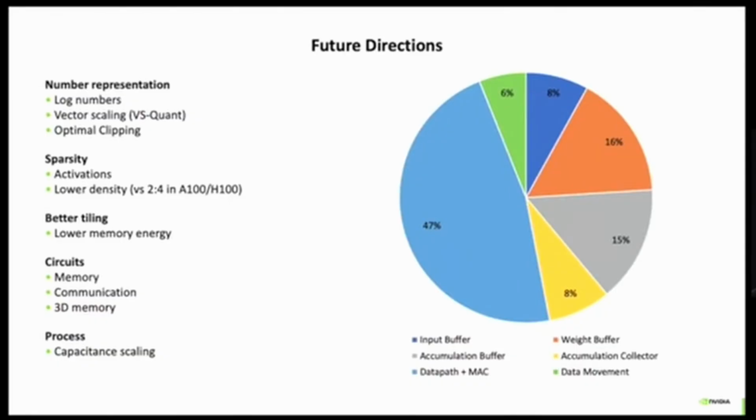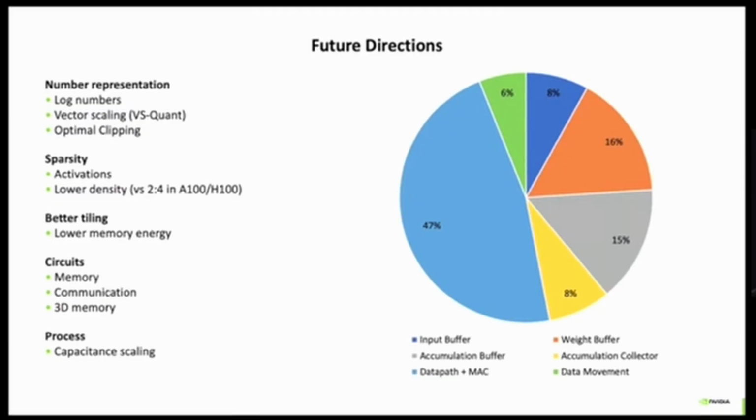So let me, in whatever time I have remaining, which I think is more like 10 minutes, talk a little bit about future direction. So one thing we do to try to focus our efforts on where to put effort is to look at the best we can do today and ask, where is the energy going? And this is a pie chart, not from a GPU, but actually from an accelerator we build in NVIDIA research. And what you can see is most of the energy, that big blue area on the left side, goes